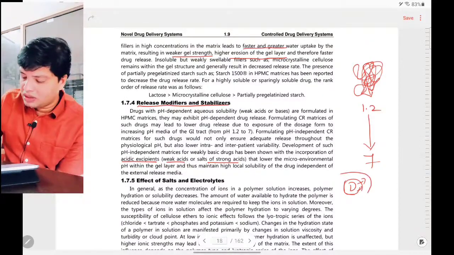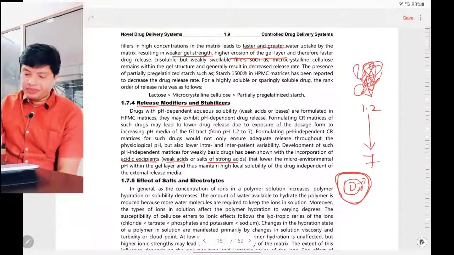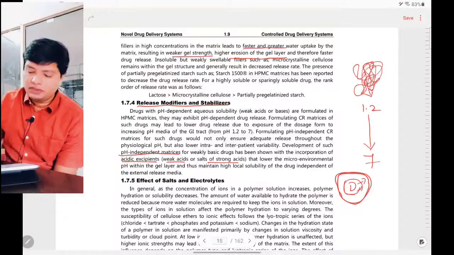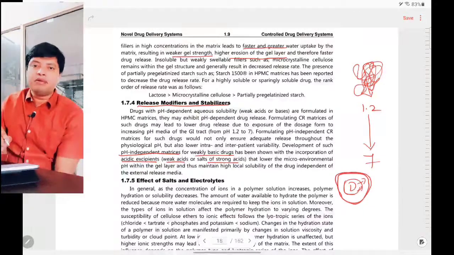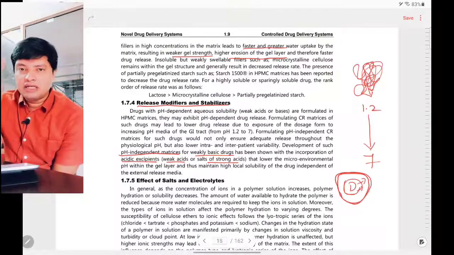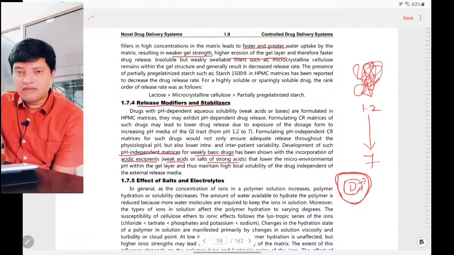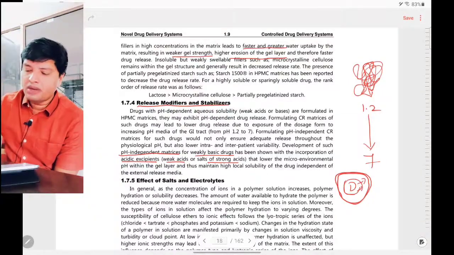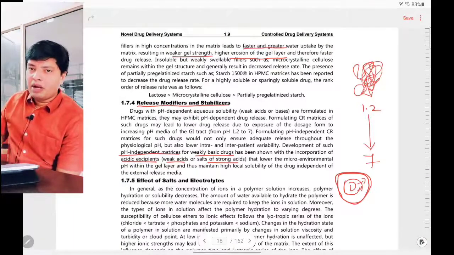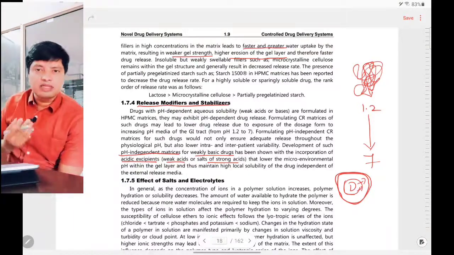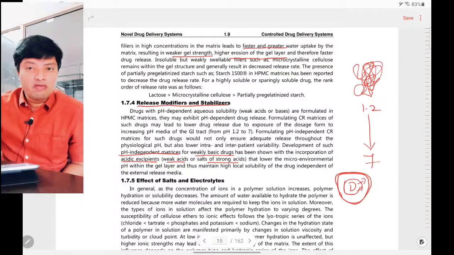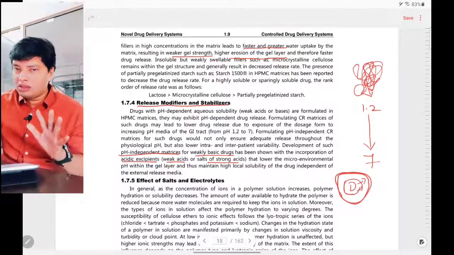Now I will coat this with a pH independent polymer. I want to make pH independent matrices for weakly basic drugs. I am talking about weakly basic drugs, because initially in our GIT the pH is 1.2, acid and base will form a salt and there will be more release. But as the tablet passes through the GIT till the colon, the pH keeps on increasing to basic, and the drug is also basic, so there will be no ionization, and there is a chance the drug is not going to come out from the formulation. That I don't want to happen.